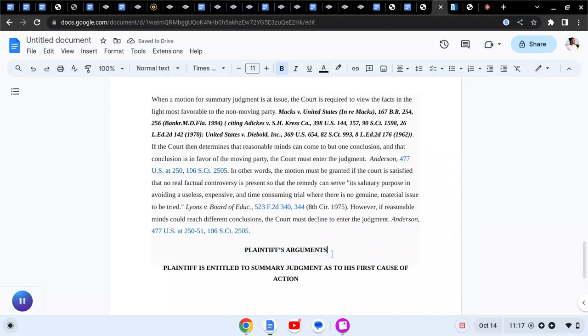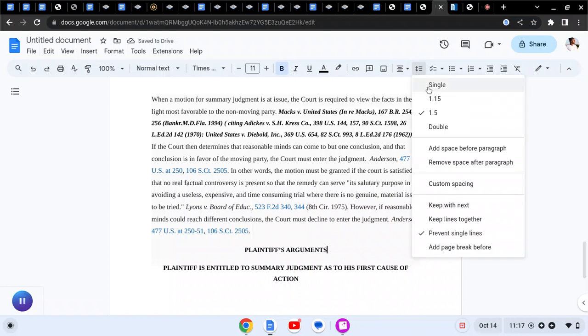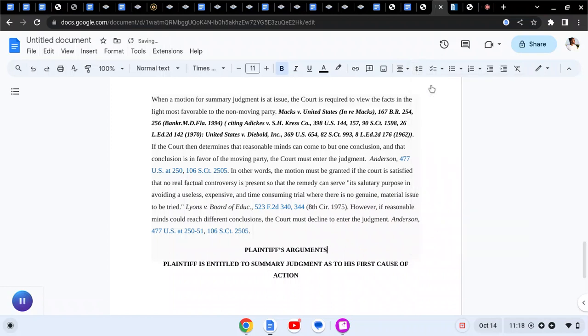I think that's too much space in between there, so we'll do that like that. And then you would argue your case right here. This is where you would argue your case. Plaintiff is entitled to summary judgment as to his first cause of action. How you would do that is,